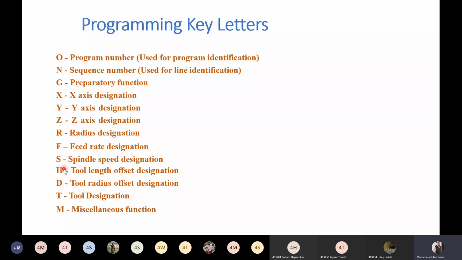I will explain the use of this H or tool length offset. Then D is used for tool radius offset, so D is used for tool radius compensation. T is used for tool designation and M for miscellaneous functions of the machine.